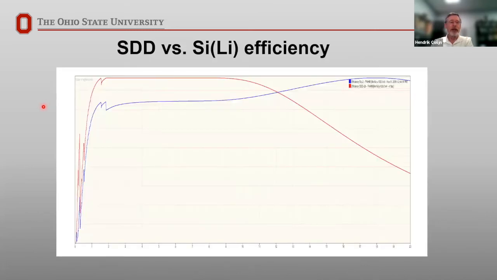Now, I mentioned that the detectors have their own efficiencies. The SDD is shown in this red curve, and the older Si(Li) detectors are shown in this blue curve. So this is a calculated efficiency. At about 10 kV, what you notice is the efficiency of an SDD starts going down. That's because the X-ray has high enough energy that it is penetrating the thin detector and going right through it without interacting. However, at the lower voltages, if you look carefully here, you see that the SDD has a higher efficiency than the Si(Li) detectors.